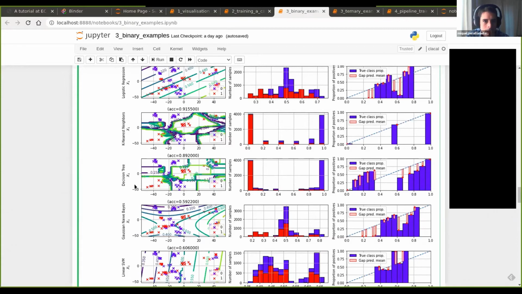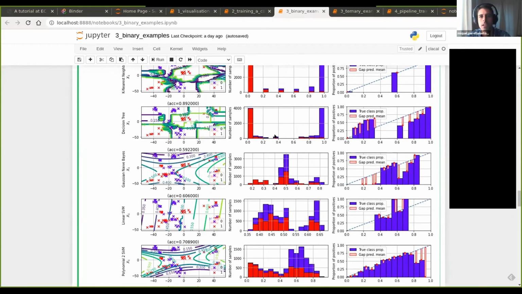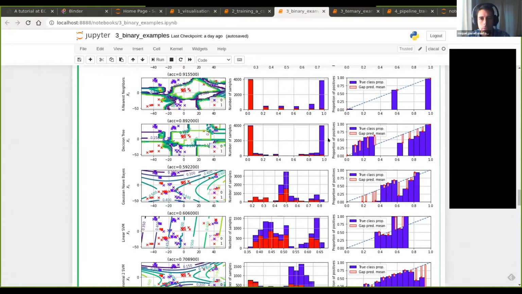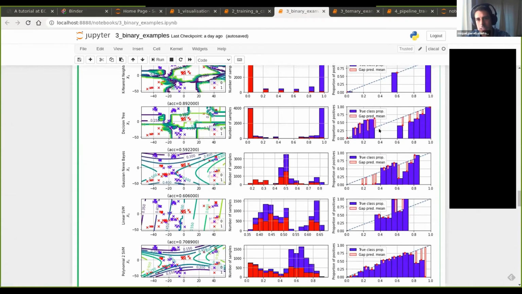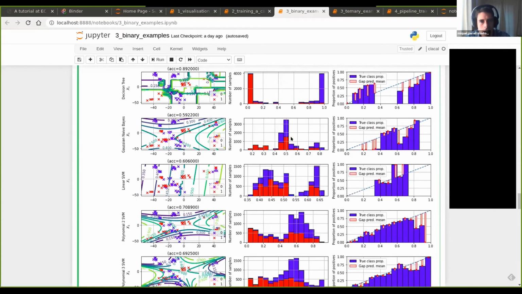And we can see that some of the models push more samples to the boundaries of the scores, while others have them more in the middle region of the scores. For example, the decision tree, in this case, seems to push all the scores to the boundaries, and it has some overconfidence and underconfidence on the reliability diagram. Some other classifiers have things in between. For example, in this naive Bayes, because of how the task is set, this may be the result, and it has some